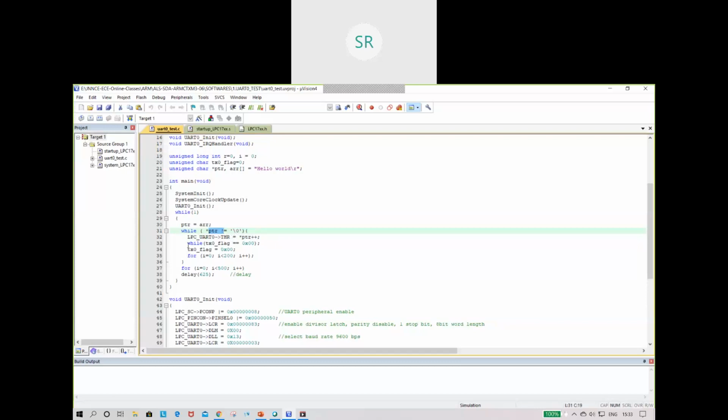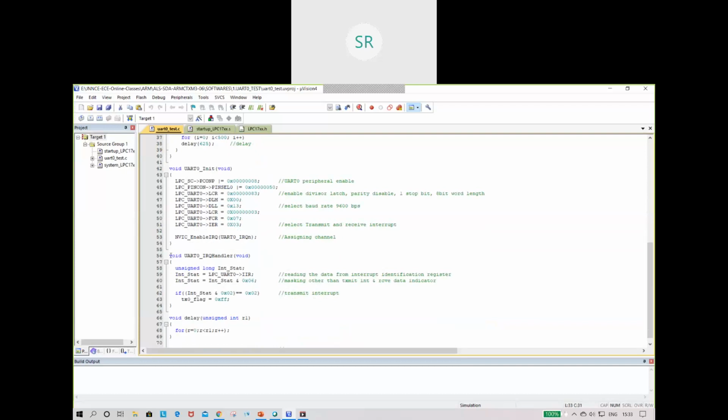Then I need to check for the interrupts, whether you want to transmit or receive. I want to transmit the data, the hello word. I want to display this on a hyper terminal. So I need to check for an interrupt which occurred in the transmission. So I need to check in the program, while transmission underscore flag is equal to 0. That means you need to check for a transmission interrupt. This says that there is an interrupt occurred in a transmission, the data is ready for transmission, then it will go for